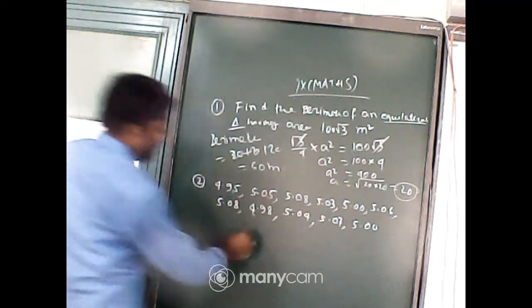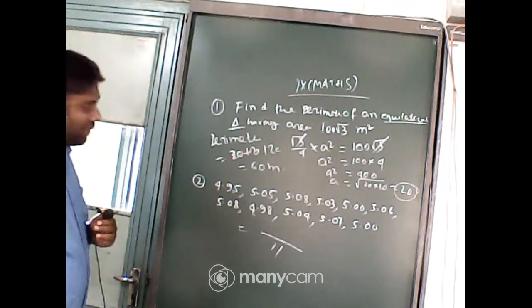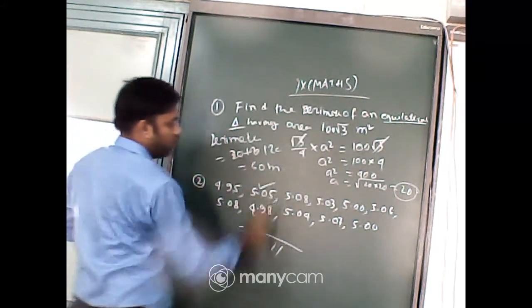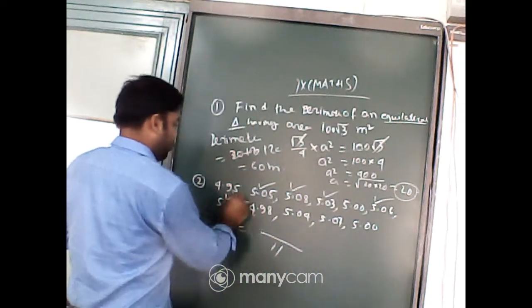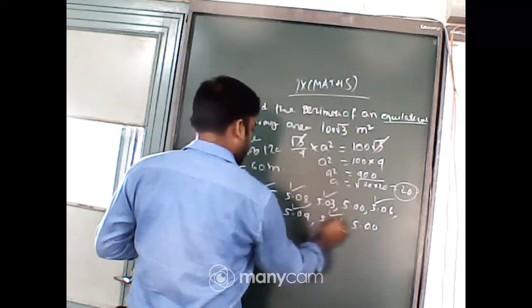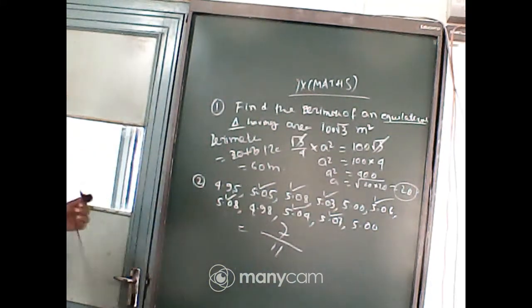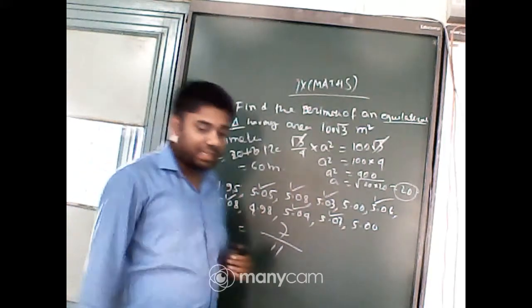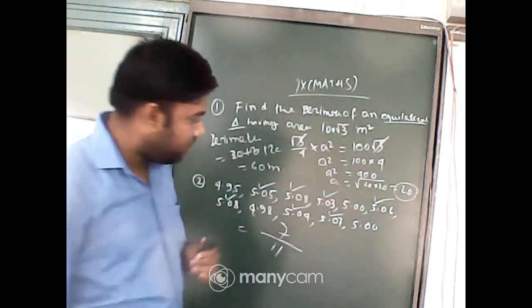Okay, look at the board, everyone. So 11 bags are there, so possible cases 11. Now more than 5, more than 5, more than 5, more than 5, more than 5, more than 5, and it is 1, 2, 3, 4, 5, 6, 7. So 7 by 11 is the correct answer. I have marked a tick on those which are more than 5. So the required probability is 7 by 11. Is it clear to everyone? Any doubt?